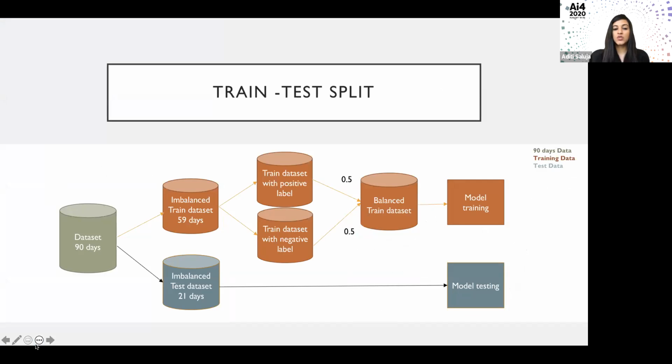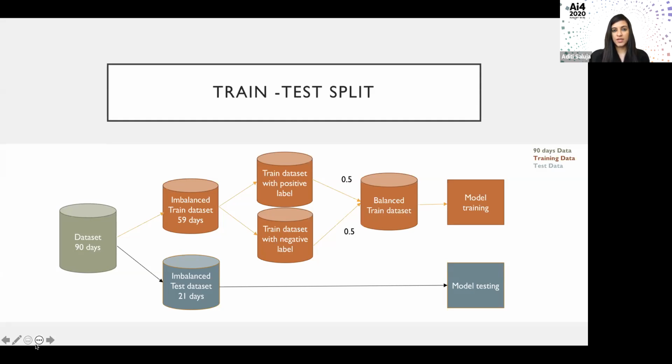The training data is further split into positive levels and negative levels. As I mentioned earlier, the data is very much imbalanced. So basically, my negative class is greater than 99%, and my positive class is less than 1%. My positive class is the people who are opening the ticket, and my negative class is the people who are not opening the ticket. By using the SMOTE package, I oversampled the positive class.